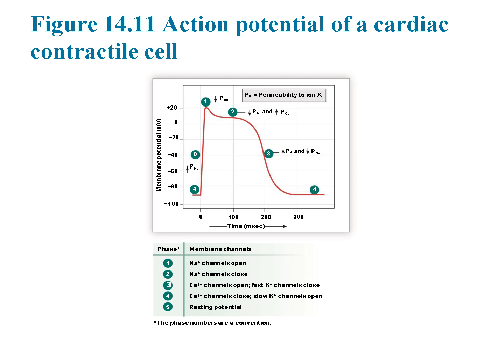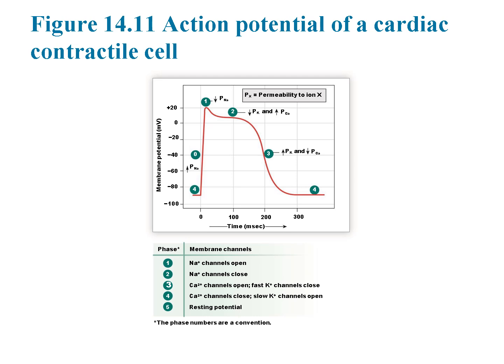the cell. Phase 2, known as the plateau phase, is marked by the opening of slow calcium channels, allowing calcium ions to enter the cell. This calcium influx helps sustain the contraction and prolongs depolarization. Meanwhile, some fast potassium channels remain open, balancing the charge. In phase 3, calcium channels close while slow potassium channels open. This allows potassium ions to exit the cell, leading to repolarization and bringing the membrane potential back toward its resting